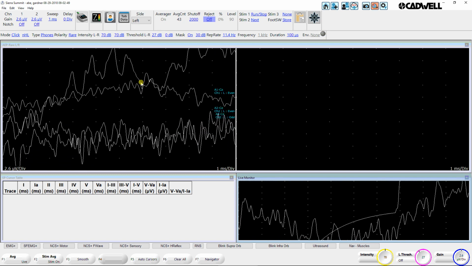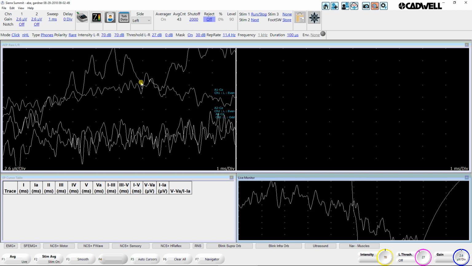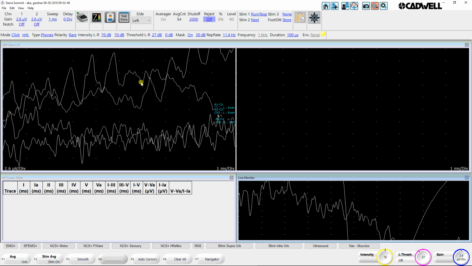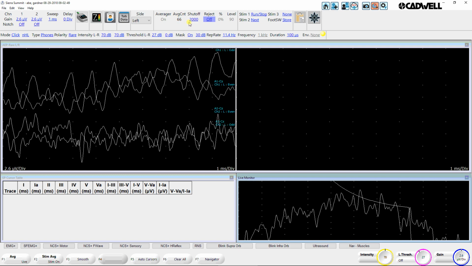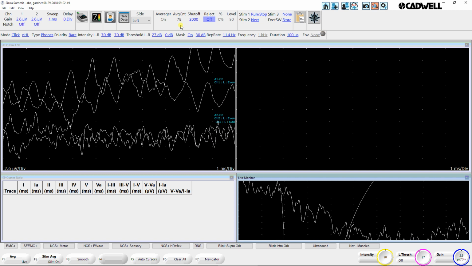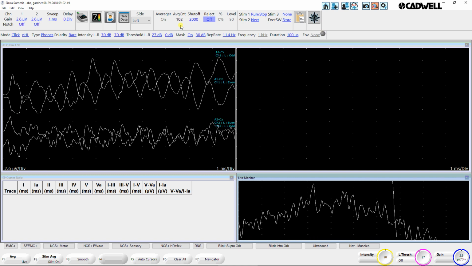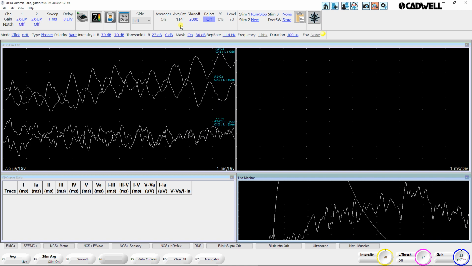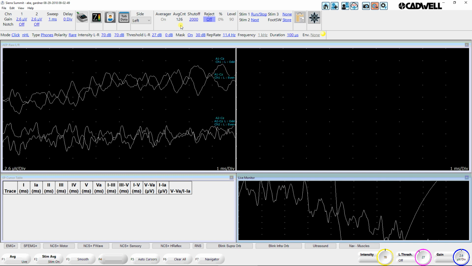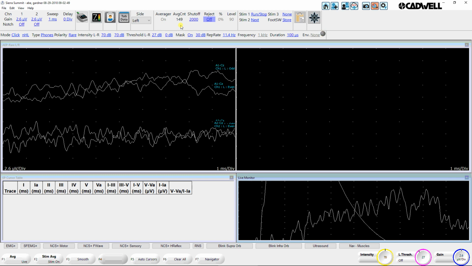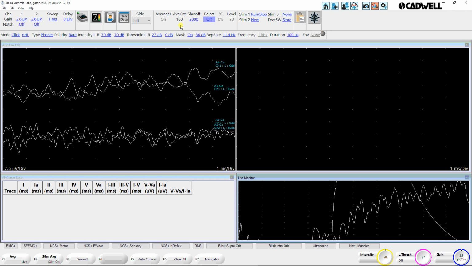And of course run stop will pause the average, and then run stop in the base unit again will continue the average. I'm watching the average count at the top. When it gets to 2000 it will stop automatically. You can add additional averages by just pushing run stop again after it stops. Once I get replicating responses, I can go ahead and stop,